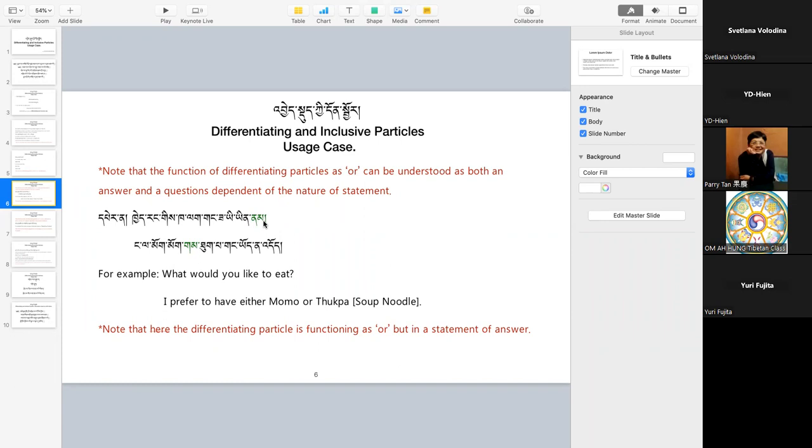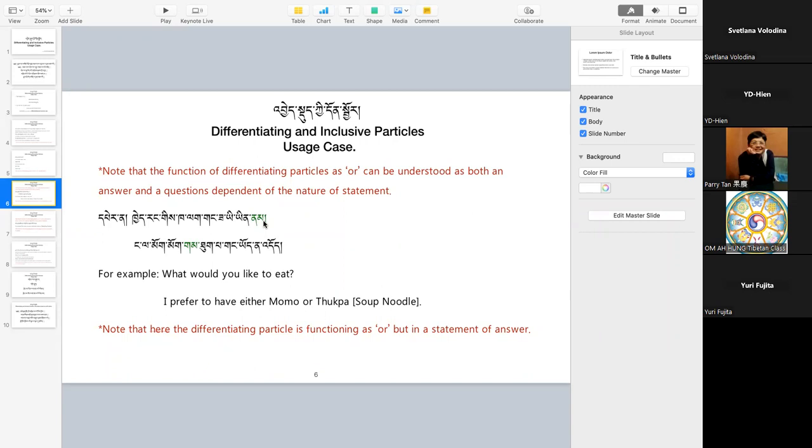So when this interrogative particle, now interrogative because it's used in the interrogative case, is used after a conformational particle or after a verb that acts as a conformational particle, then the statement becomes interrogative. And this is the inferential usage of this particle. Okay, so now the second one is the